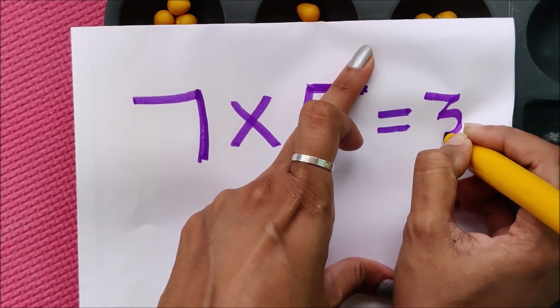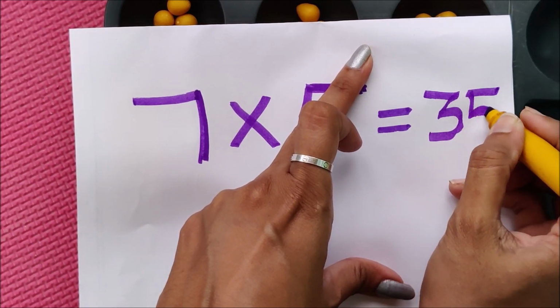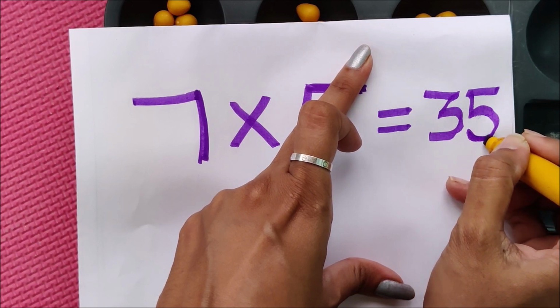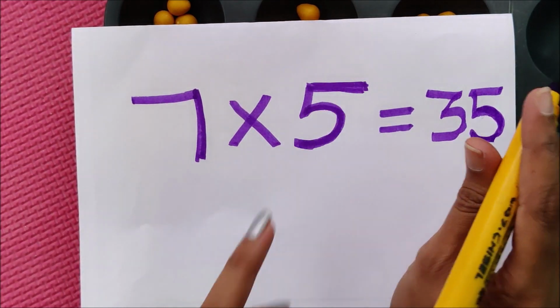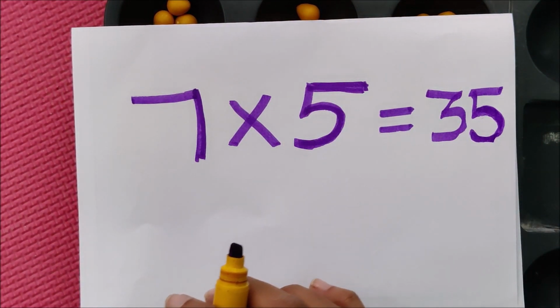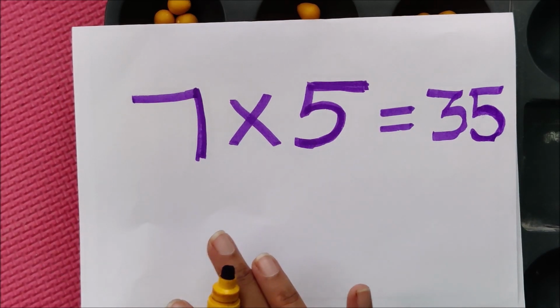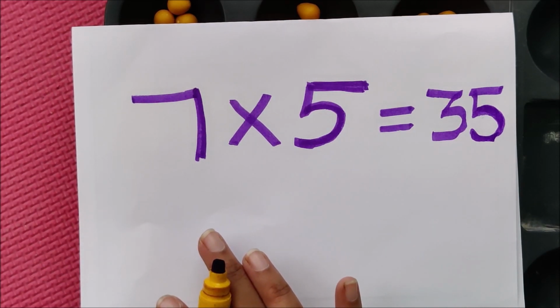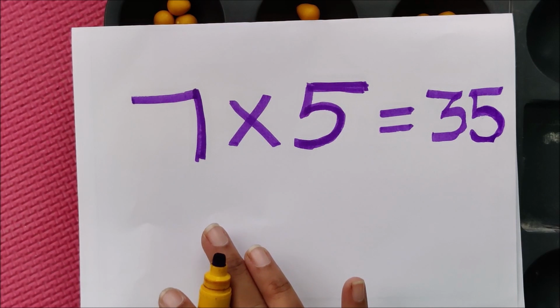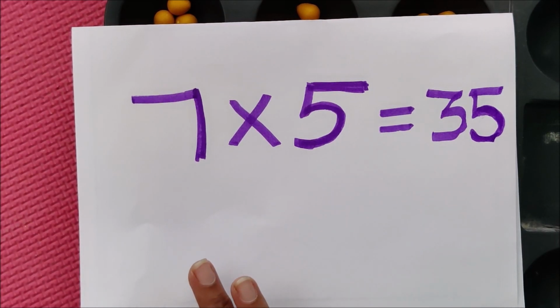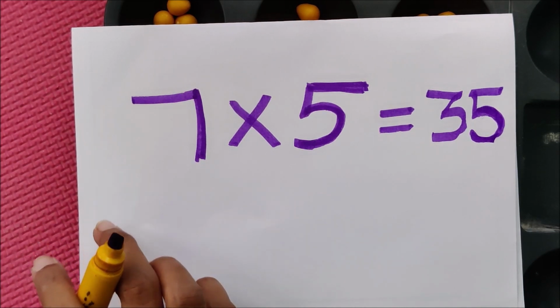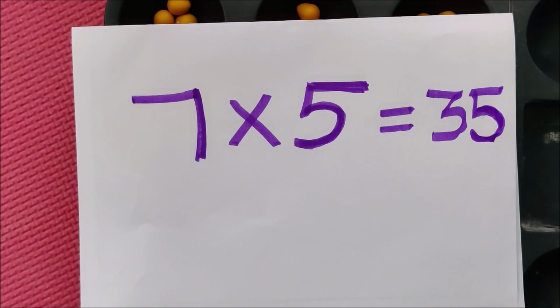So you have to find here the total. What is the total number of beads? 35. Within a second you have to find the total by using multiplication. Understand? So like this you have to count the numbers, children. For simple numbers, for 1-digit numbers and all, you can count like this. Okay, fine. Shall we do one more number?